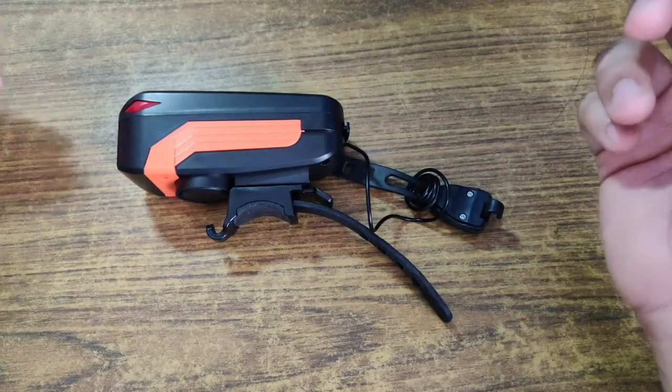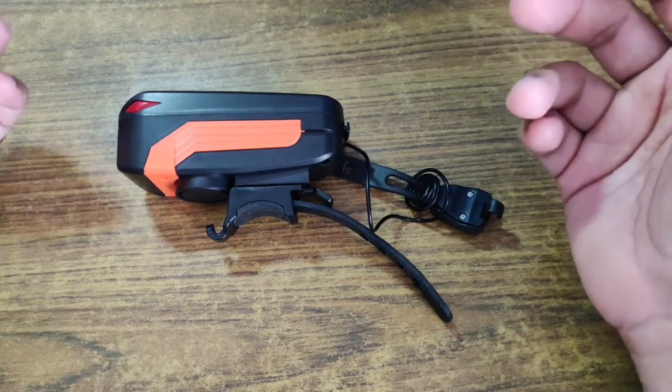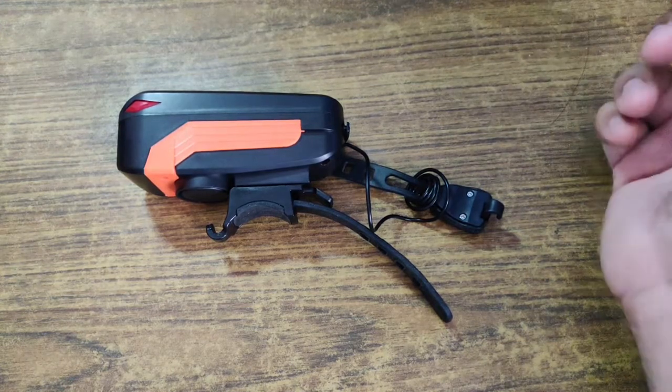Now let's take a look at how it appears in no light or dark conditions. Alright, so here we are testing the lights in dark conditions. First, I have with me the Btwin light. Now let's see how it operates. If you take a look at it, that's how bright it gets in very dark conditions. Now let's take a look at the other light,